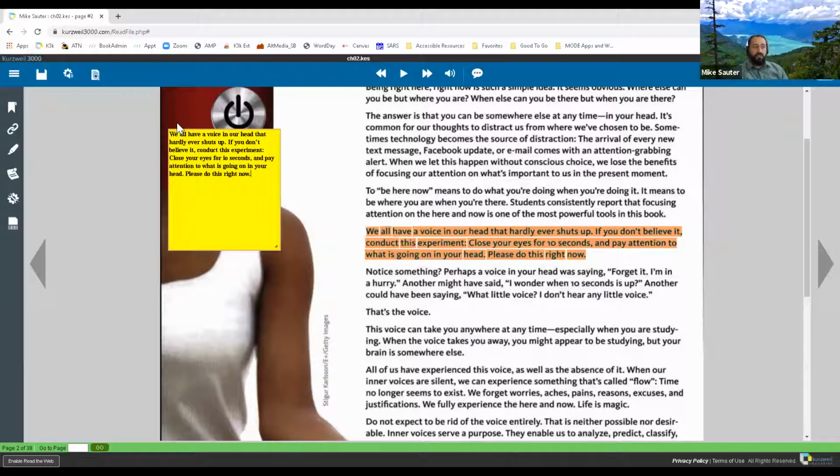The sticky note is a great way to keep these things separate from maybe your highlighting, right? So if you have highlighting already in the book and you don't want to mess up what you have there, these sticky notes allow you to kind of keep things separate. Okay, and you can add as many of these notes to this page as you want.